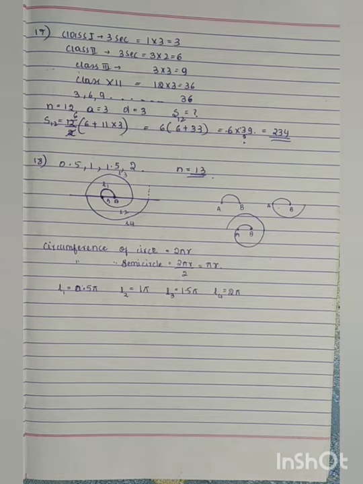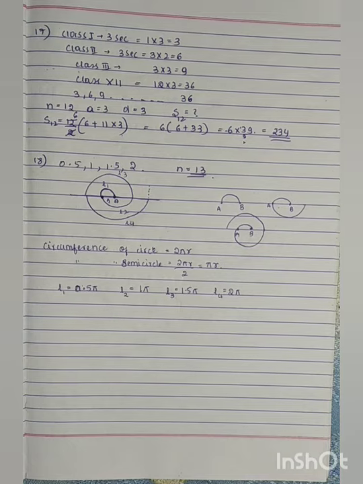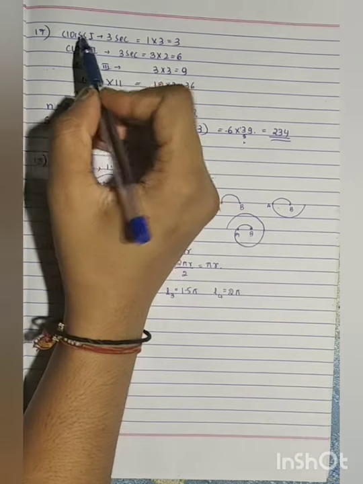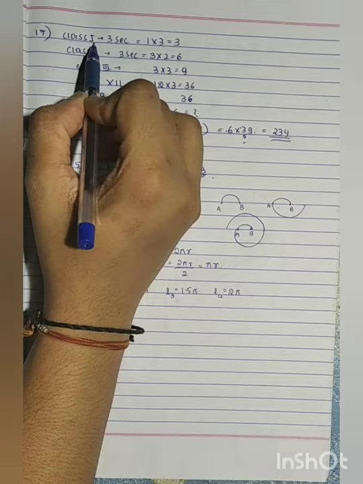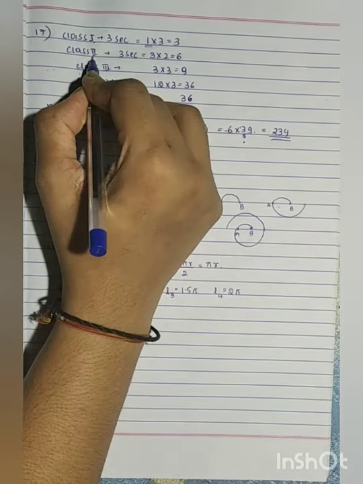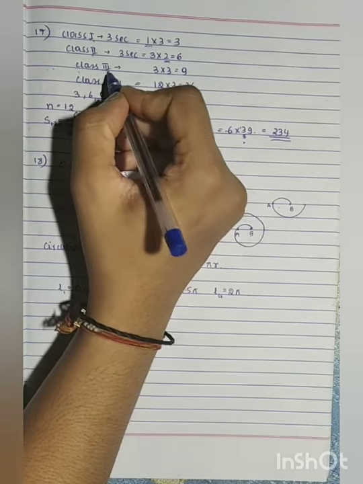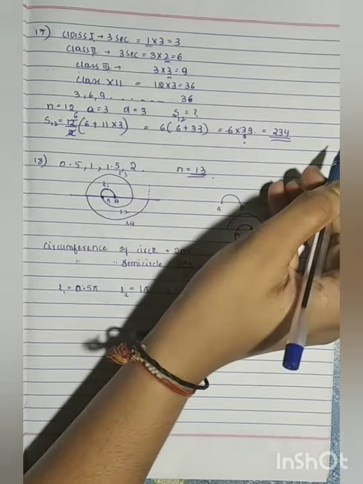If it is of class 2, it will plant 2 trees and so on till class 12th. So there are 3 sections in each class. How many trees will be planted by the students? So they are saying that class 1 students will plant only 1 tree. Class 2 students will be planting 2. Class 3 would plant 3, class 4 would plant 4 and so on.